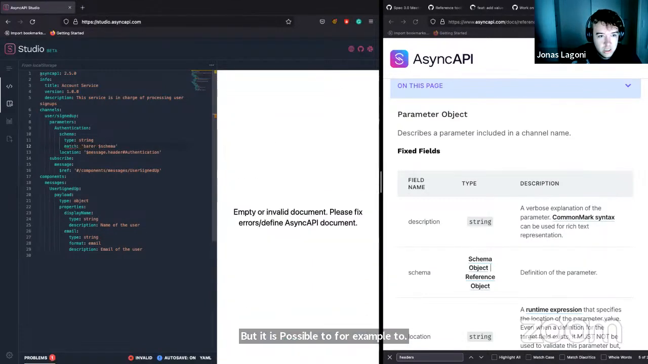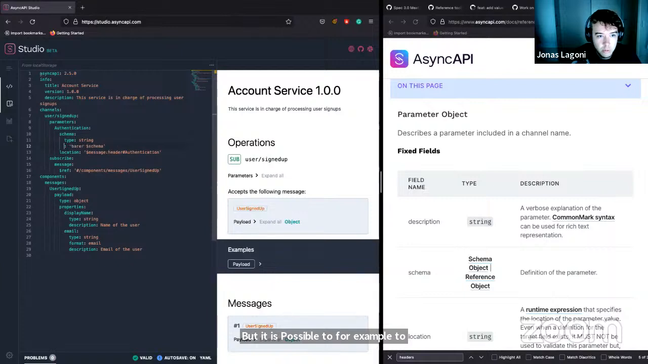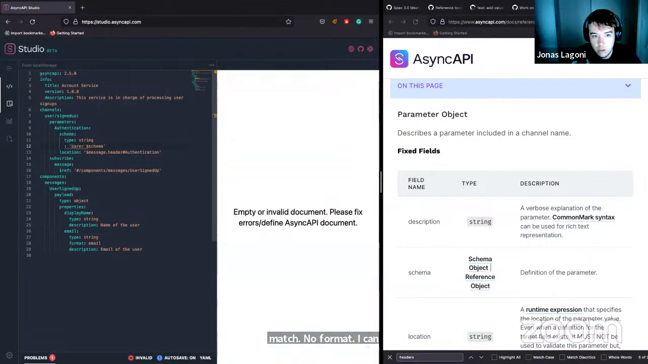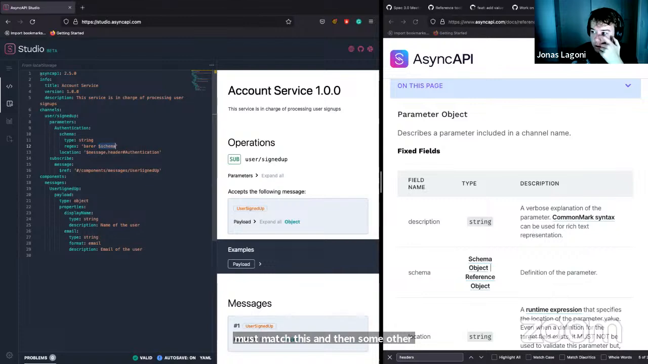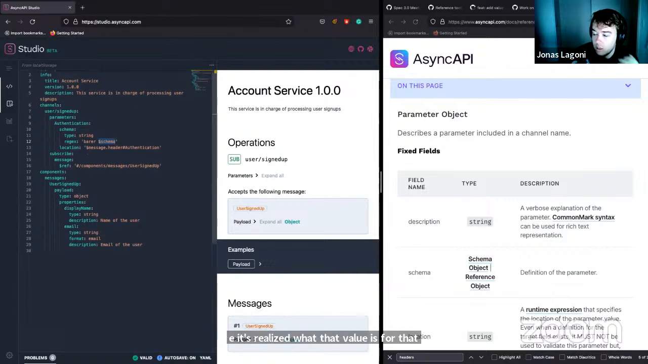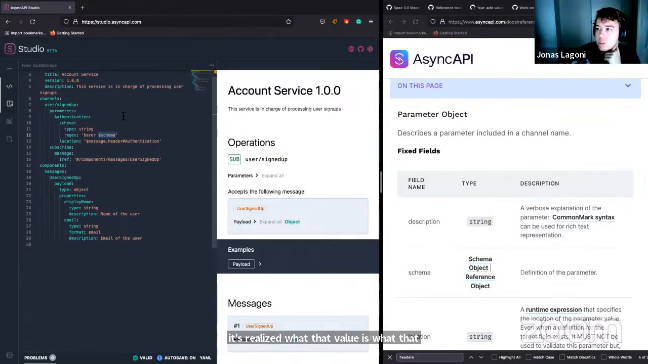Is it match? No, format? No, I can't remember. Regex? Something. So you can, for example, say, well, we must match this and then some other value. But that's, of course, not until you actually perform the action where it's realized what that value is, or that token. But as you also touched, it's a bit